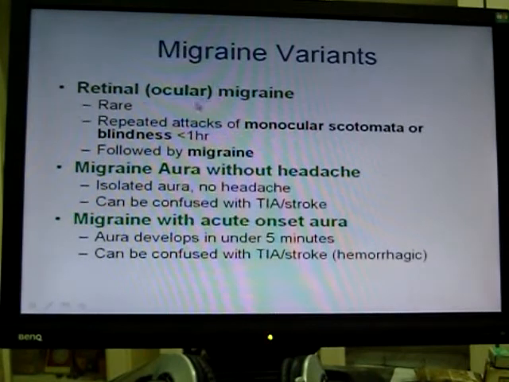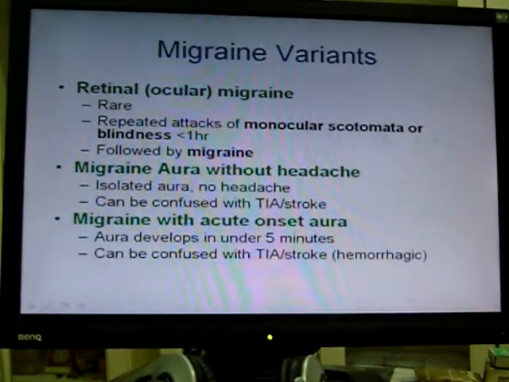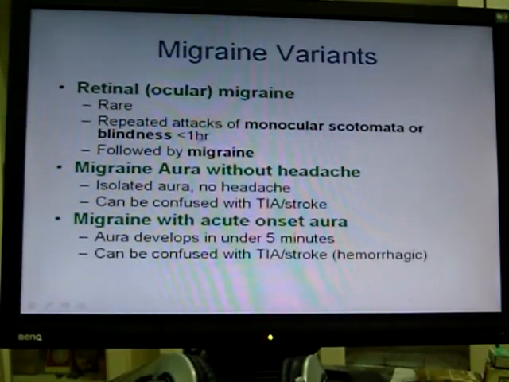Retinal ocular migraine, otherwise known as retinal migraine, or ocular migraine, is again rare. It occurs when a patient gets monocular scotomata or blindness less than 1 hour in duration followed by a migraine. As I mentioned just now, certain diagnostic dilemmas can occur when aura comes in a weird temporal relationship with